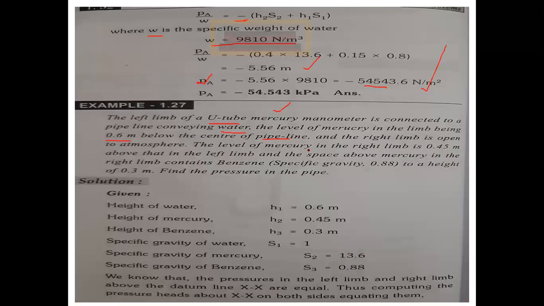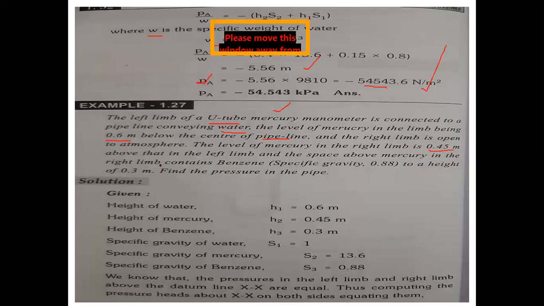The level of the mercury in the right limb, the height H2 is equal to 0.5 meters above that in the left limb, and the space above the mercury in the right limb contains benzene solution. Specific gravity is equal to 0.8 to the height of the